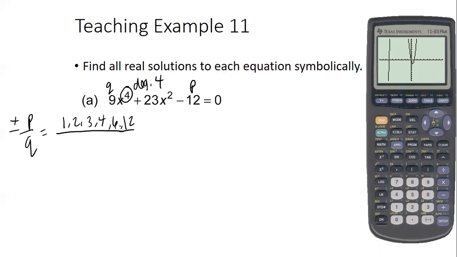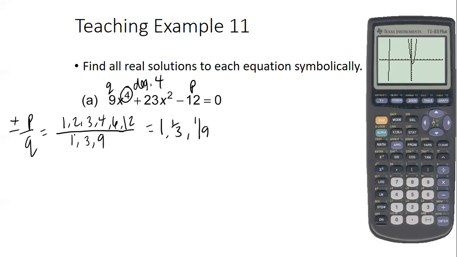Right? 1 times 12, 2 times 6, 3 times 4. Right? All right. What are the factors of 9? 1, 3, 9. That's it, right? So then my possible values are 1 divided by 1 is, 1 divided by 3 is, 1 divided by 9 is,